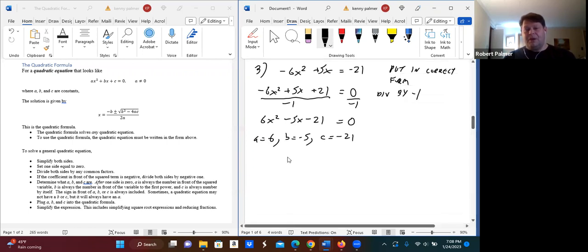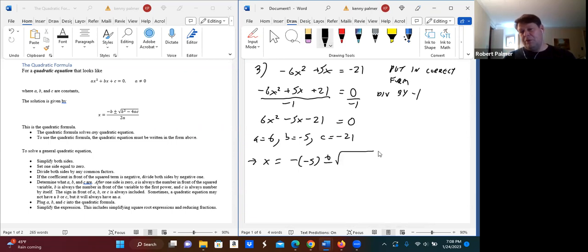Okay. Now, go through then, and once again, plug all these in. So we have that x is equal to, negative, this is part of the formula. And once again, we have a negative b, so negative 5, plus or minus square root of b squared, or negative 5 squared, okay, minus 4 times a, which is 6, times